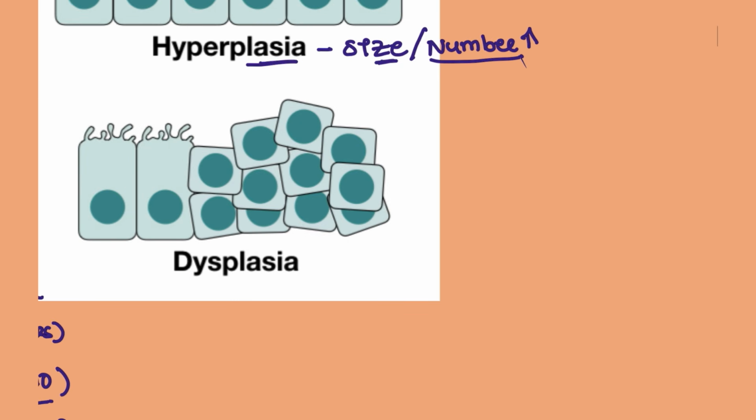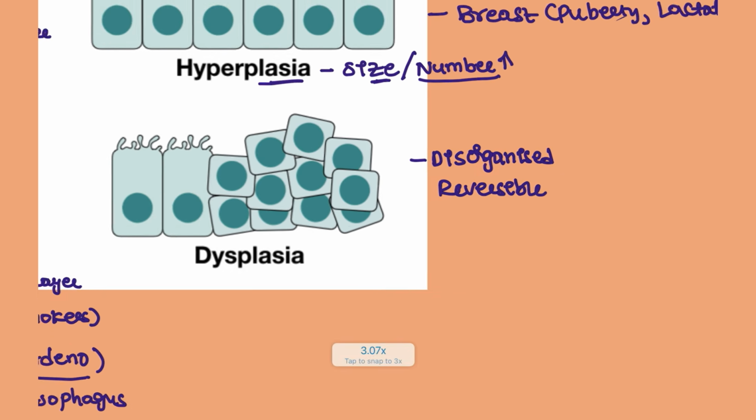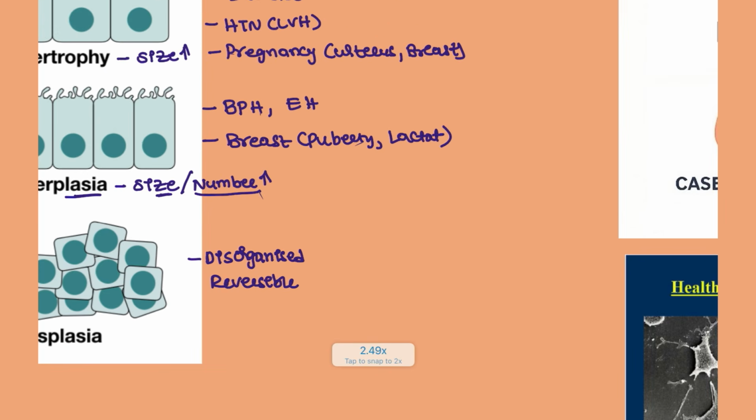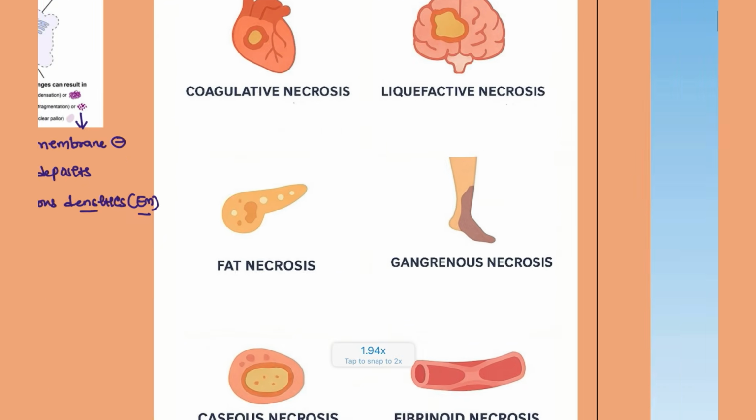Next, dysplasia. Just remember D for dysplasia, D for disorganized cells. And is it reversible? It is reversible. Most carcinoma in situ and early stages of progression of neoplasia will be seen with dysplasia. Right, next moving on to the